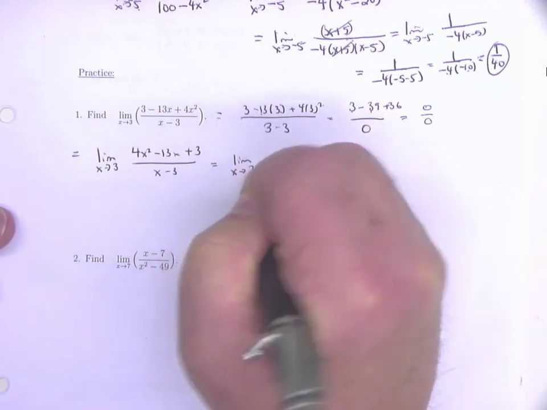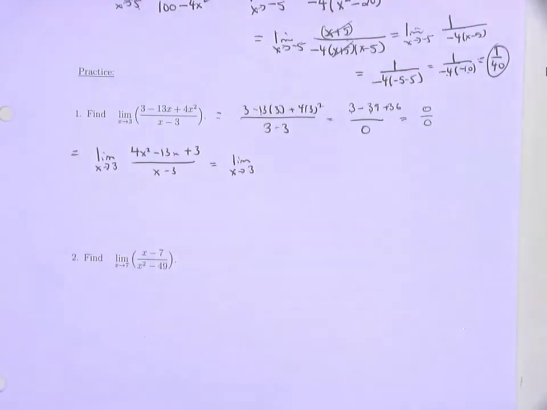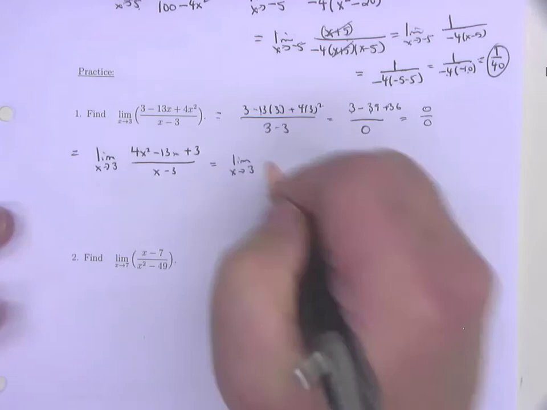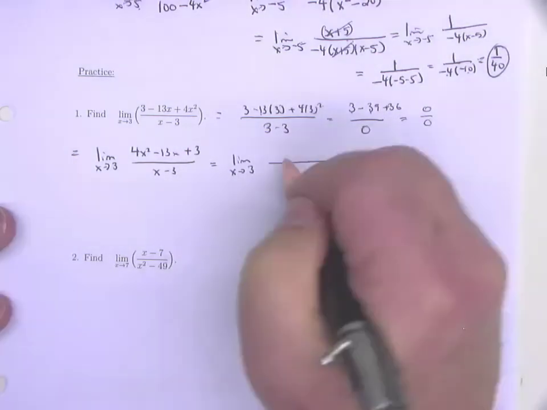Notice proper etiquette: while I'm doing algebra on this function, I keep writing the word limit in front of it. Limit as x approaches 3. Limit as x approaches. I'll keep writing limit up until the point where I plug in the number. When I plug in the number, I don't write limit anymore. Proper etiquette of mathematics. So this denominator is pretty much just x minus 3, but how is this numerator going